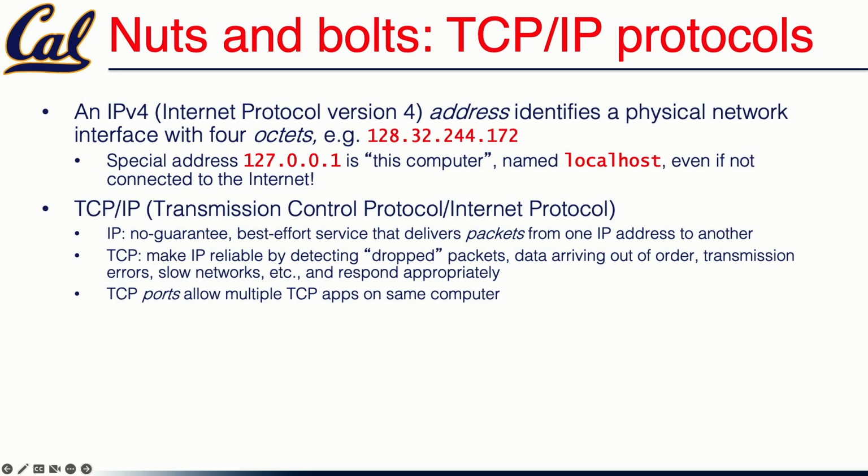TCP also adds the notion of a port, which is a completely abstract notion. You've got multiple apps running on the same machine. Each app needs to have its own connection so that they don't get confused. And the connections are just labeled with a 16-bit integer, subject to a few constraints. So the TCP port doesn't mean a physical port. A TCP port is just a number that essentially identifies a particular application that is listening for TCP